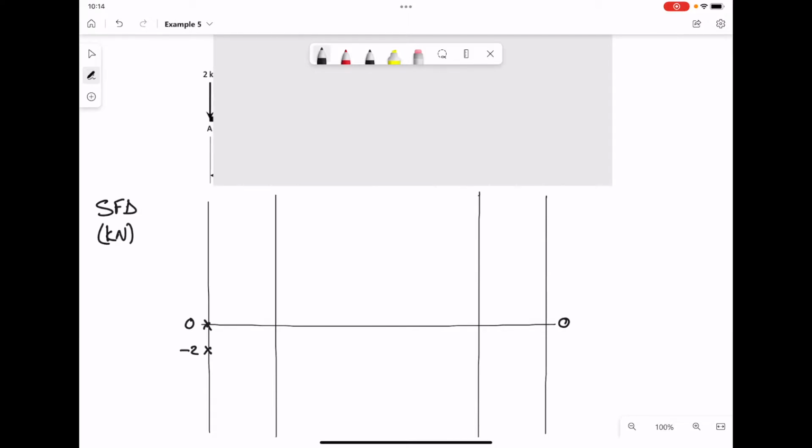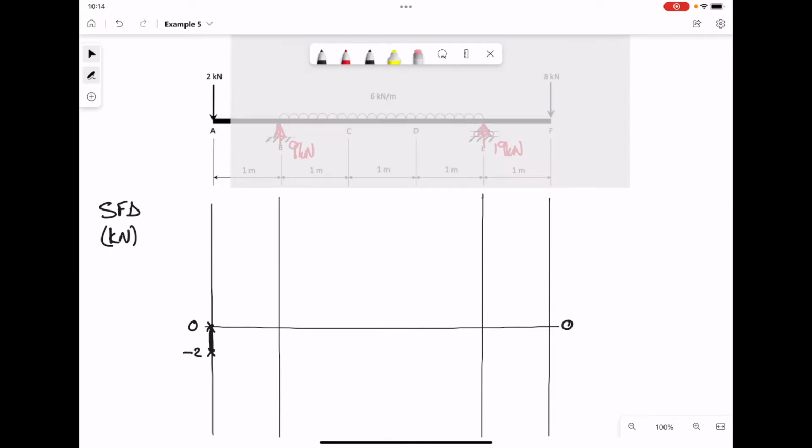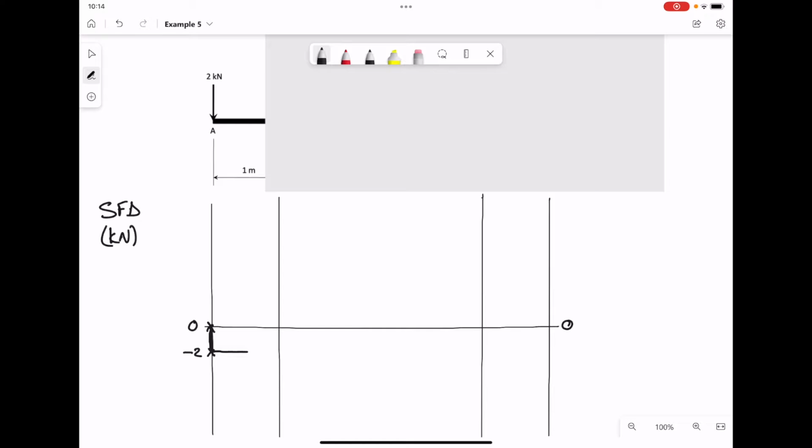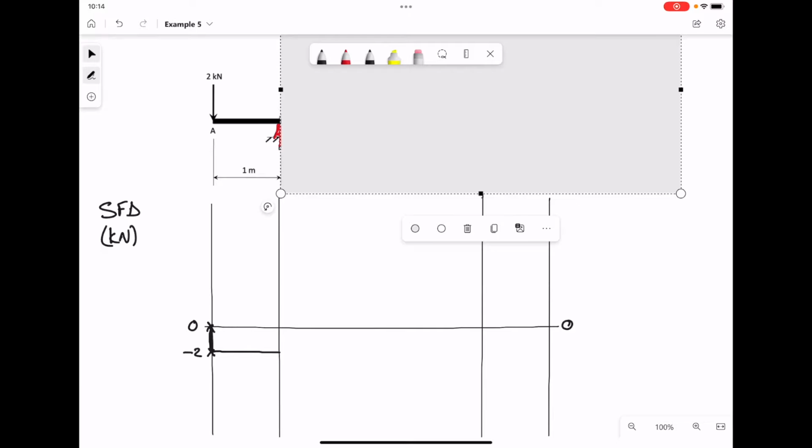The force going downwards will cause a vertical drop down to -2. As we reveal the beam, the resultant force stays the same, and hence our shear force diagram stays at a value of -2 until we reveal the first of the two support reactions. The first support reaction